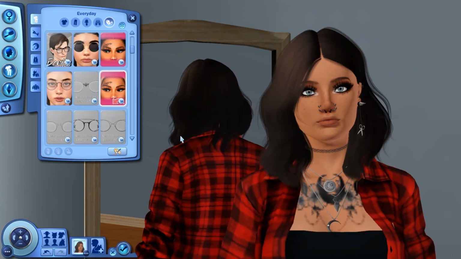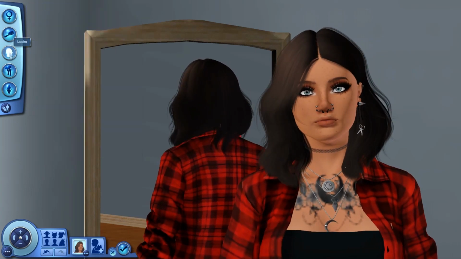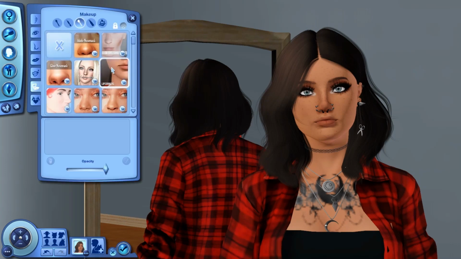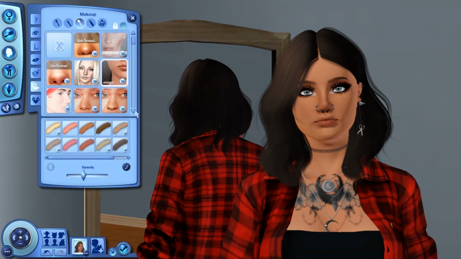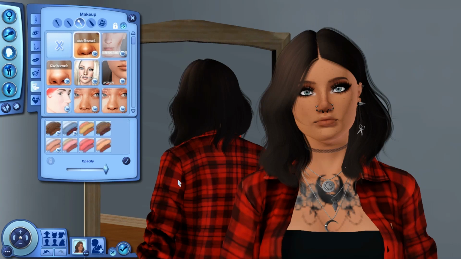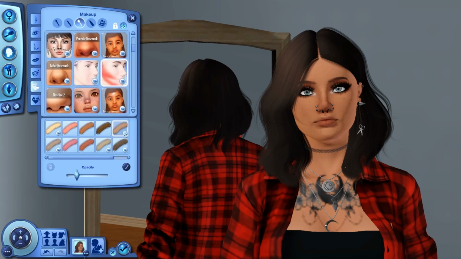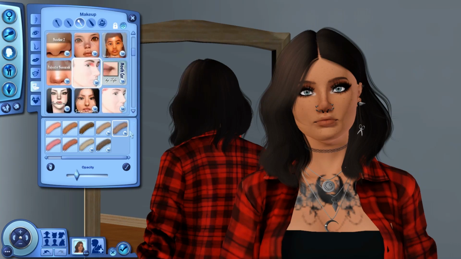Honestly, I don't remember if there was anything else after this, other than going back into her makeup and finishing that up. I want to say that was the very last poll. And I think I randomized everything else, if I remember correctly. Her name was randomized, her traits are randomized, because I don't know how to ask about personality in polls, because it's not as easy as doing it with Sims 2, because there are so many trait options in the Sims 3.